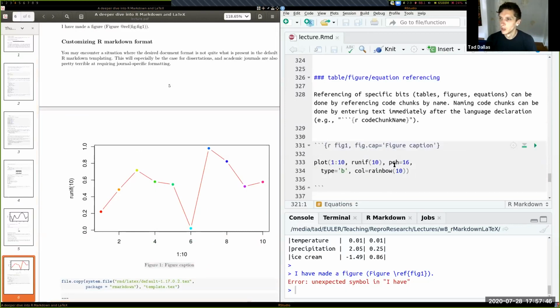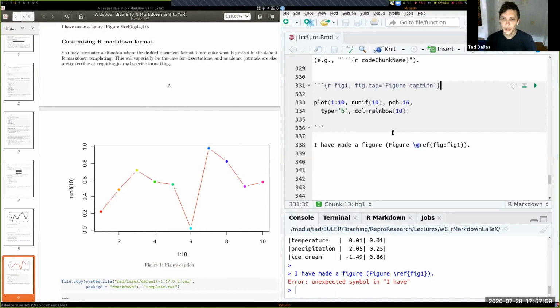I made the fig.cap argument figure caption, and now it labels as figure 1 and gives the figure caption. Okay, so we'll switch gears, and now I'll talk a little bit about different sorts of R Markdown formats and how to use them.